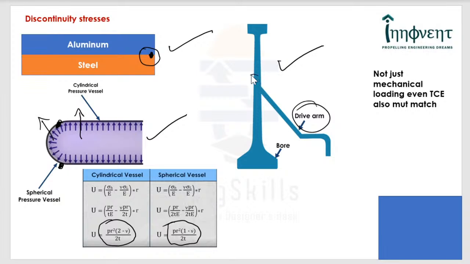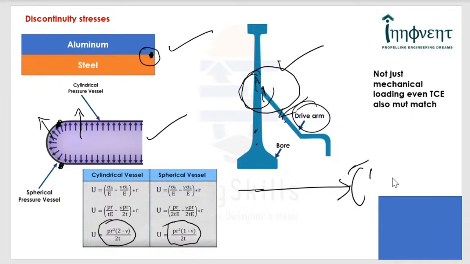And what is happening in this particular situation, you can see the disc wants to grow more, but the drive arm may not. So if you attach at a certain radius which is not well determined, either the drive arm can restrain the disc growth, or the disc can restrain the growth of the drive arm. Here we are assuming that the disc is subjected to only centrifugal loading. That is, it is subjected to a large RPM.